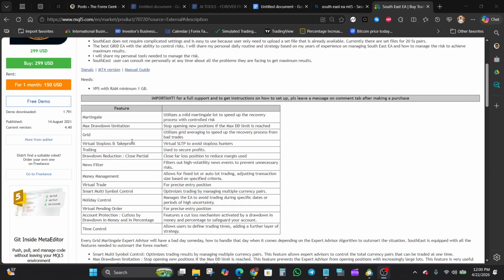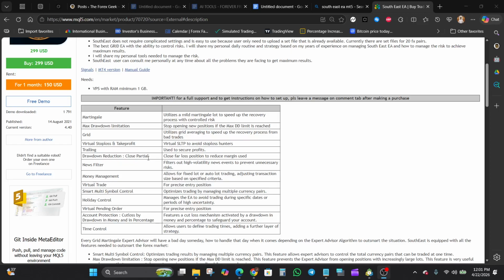We can see that here. So instead of placing actual visible SL and TP levels on the chart, the EA simulates them internally. All right. So this helps avoid situations where liquidity spikes hunt visible stops or brokers widen spreads during volatile periods. But the limitation is that since it is virtual, execution depends heavily on EA logic and broker behavior, not fixed market orders. Another important feature is partial closure of losing